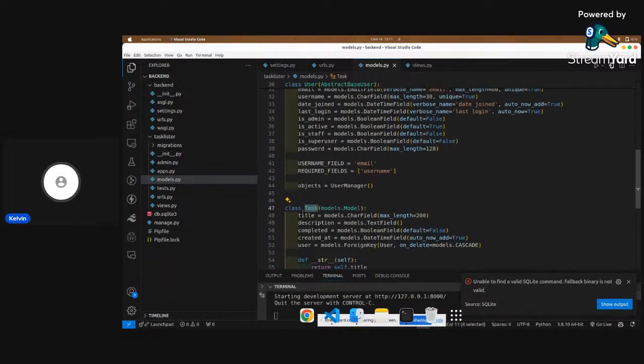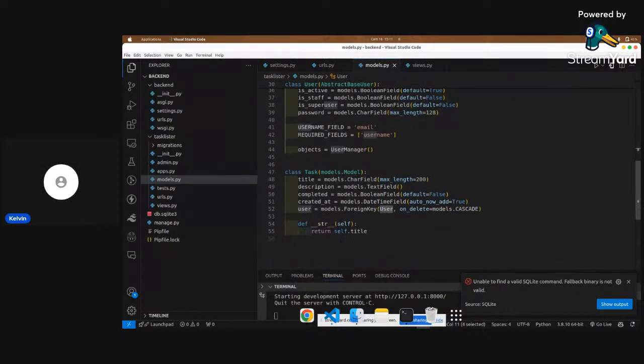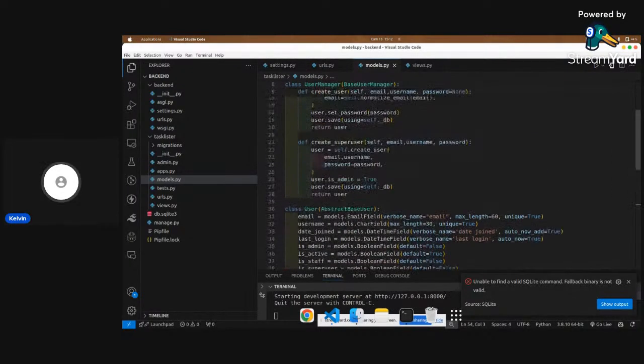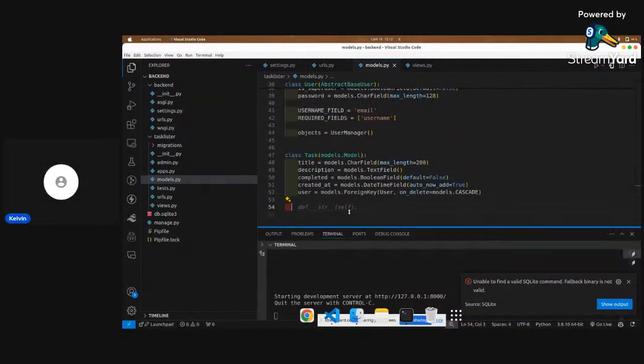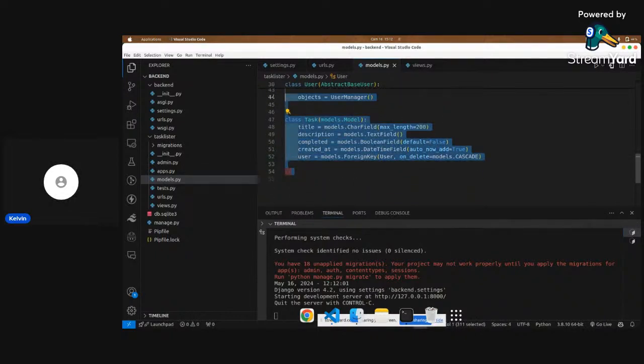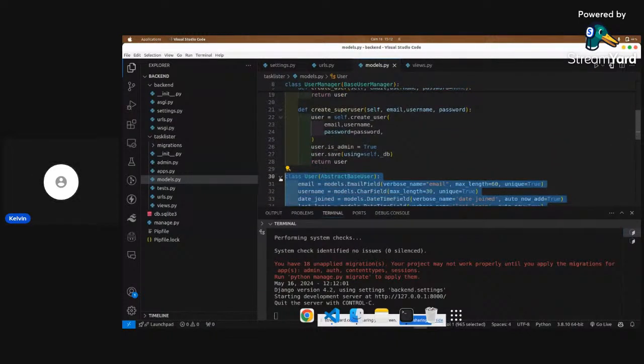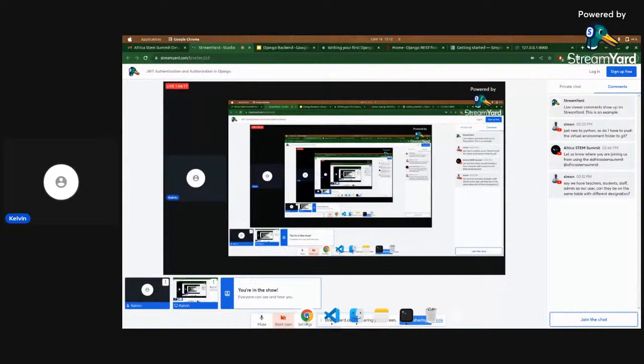All right. So what we did here is a relationship of one to many, which means a user has many tasks. That's the point. All right. So I'll just remove this one, and then I leave it at this point. So that means now my models are very ready. Okay. So now that I have my models, what you need to do is to convert these two models into database tables. All right. So how can you do that? We are doing it with what we call migration. All right. As the name suggests,